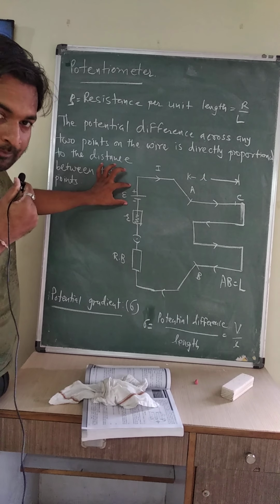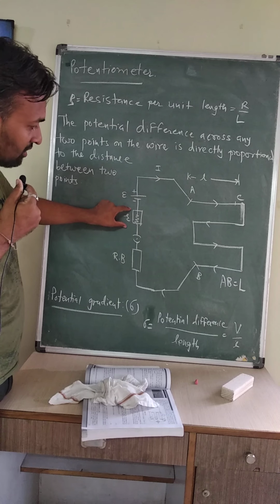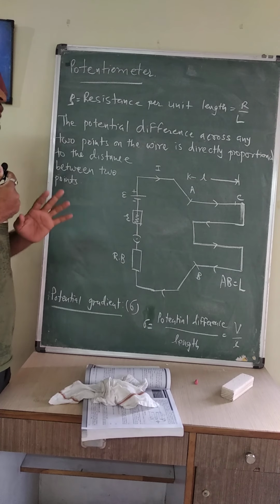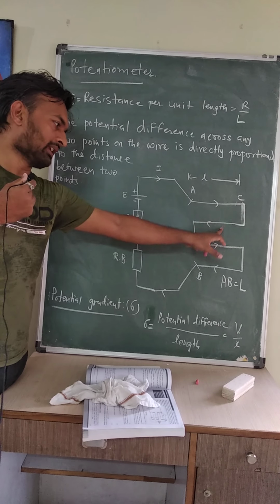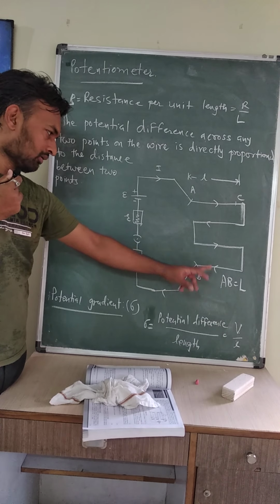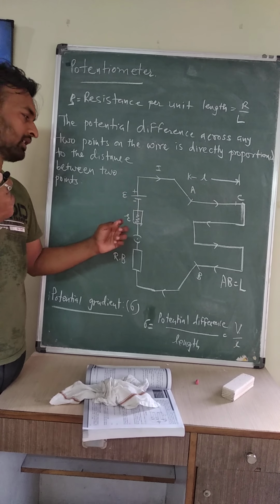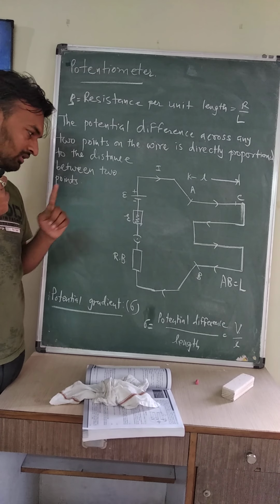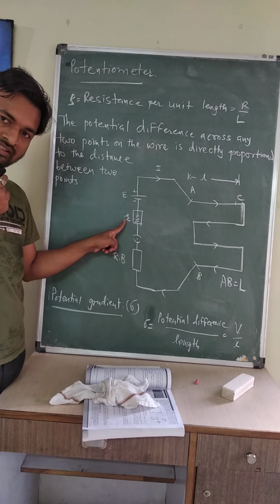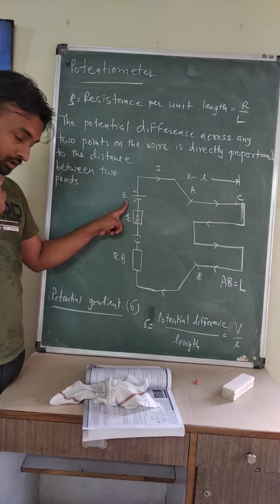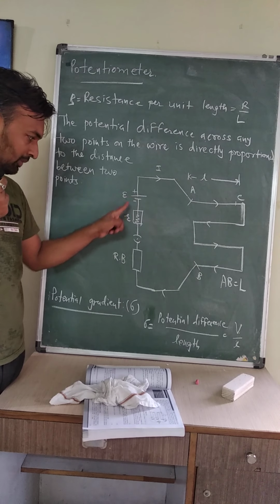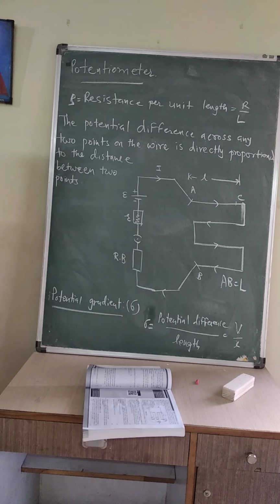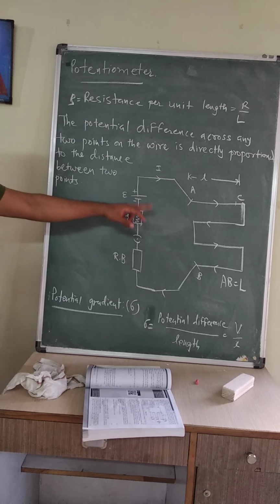This is a battery cell. This is a small r, which is the internal resistance of the battery. Normally we consider the resistance of any given conductor wire, but the battery itself has a resistance. That resistance is known as the internal resistance, and it is indicated by the small r. So this one is a cell or a battery, and this is the internal resistance of the battery. This one is a switch, and this is a resistor box, meaning suppose any resistance is connected in this circuit.